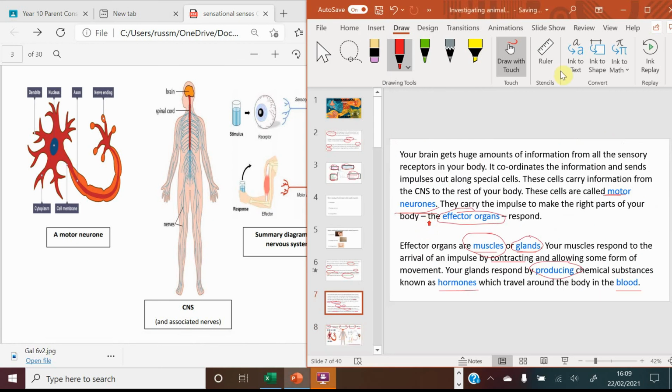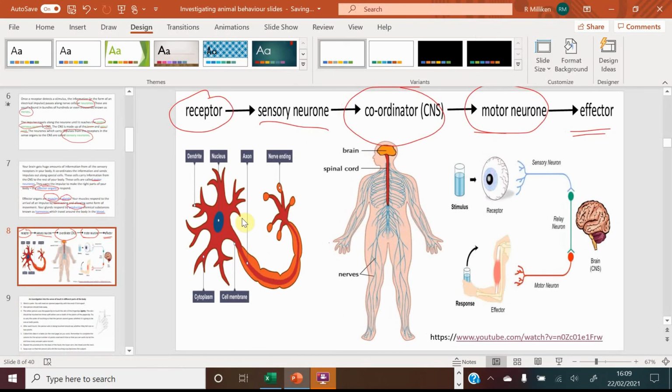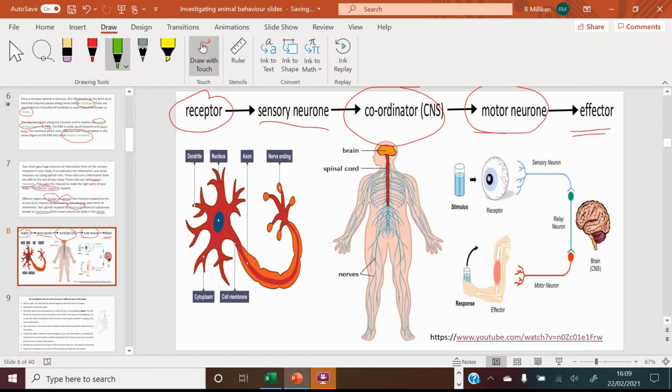Okay, if I can make this one maybe a little bit bigger. And let's see, we'll get a little draw on this. So the signals will come in here, through these structures, and it will come past this thing called the cell body, where the nucleus is. All that's through the cytoplasm, and then it always heads off down this long structure called an axon, and the axon is always away,